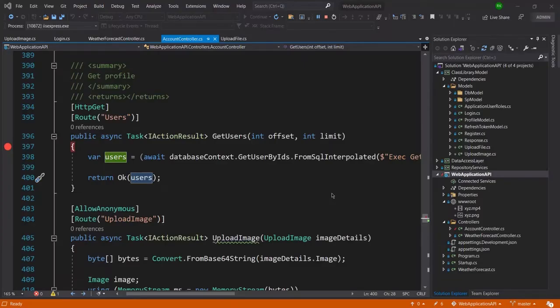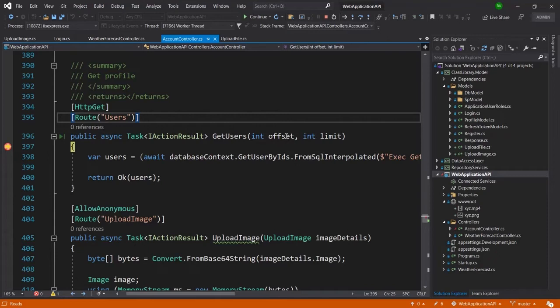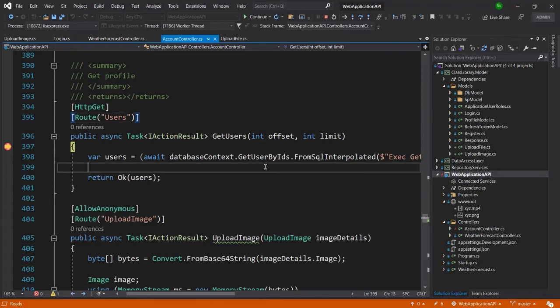You can see now the control has come to the breakpoint, and in the offset I can see 10 and limit is also 10. I will move line by line.